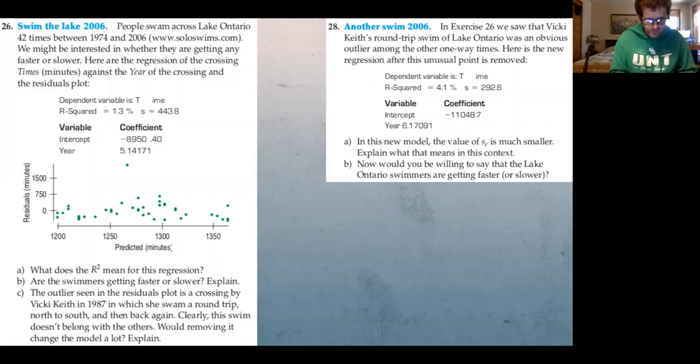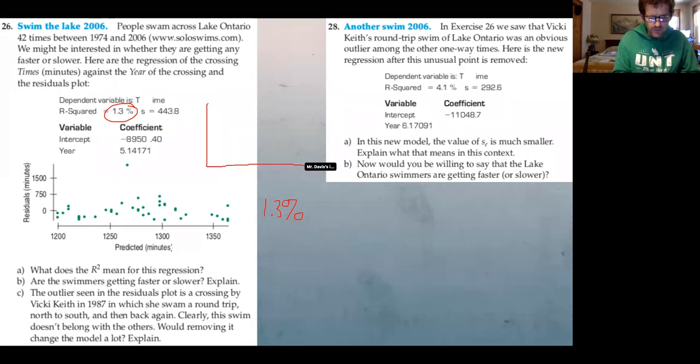Okay, well, R squared, 1.3%. I think this is what you would call a useless model if your R squared is only 1.3%. So before we can interpret this 1.3%, we need to know what is being predicted based on what. So it says that there's a regression between the time that it took against the year. So I think it's only logical to put the year as your explanatory variable and the time